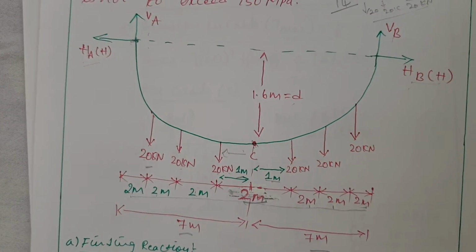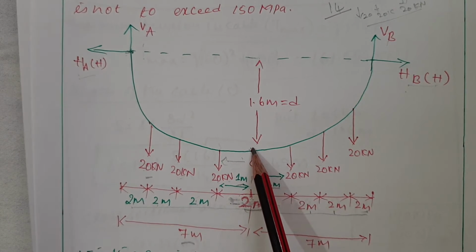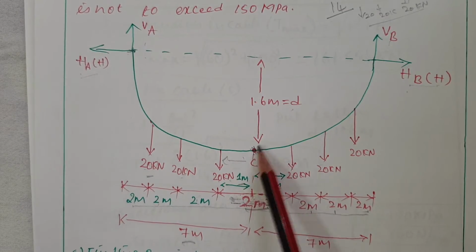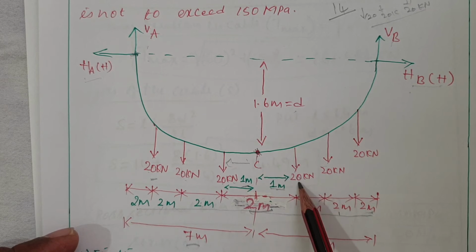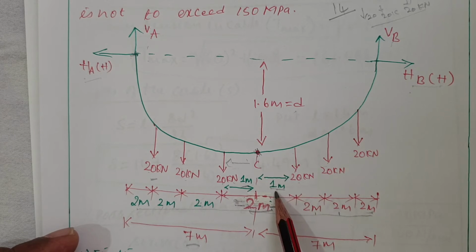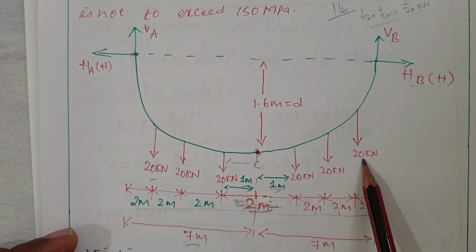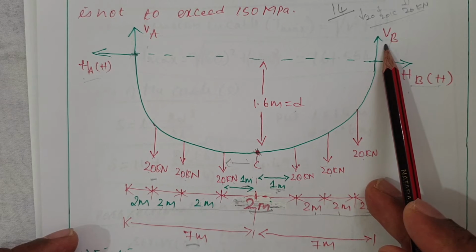So in order to find out the value of H, I have to consider moment at C equal to 0. Any one of the sides you can consider. Here I am considering RHS, the right hand side. Moment at C equal to 0: 20 into 1, where the perpendicular distance is 1. Another 20 into 3, where the perpendicular distance is 3. Another 20 into 5, where the perpendicular distance is 5. Minus of this, which tends to rotate